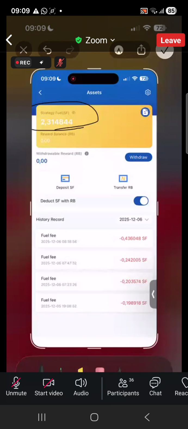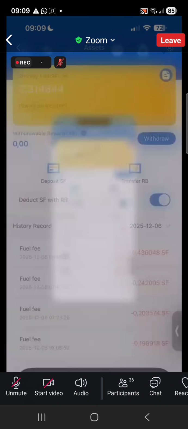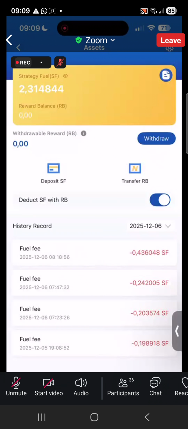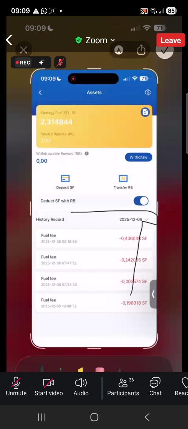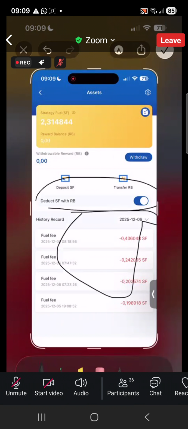Do you get me? So you can use the transfer method, because going into your exchange requesting for code might delay you. You don't want to miss the trade. You want to enter at the current price, you can do that. Okay. All right, so below you would see the history record, but before that, let's look at the deduct SF